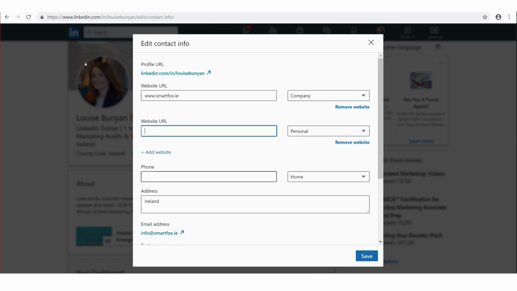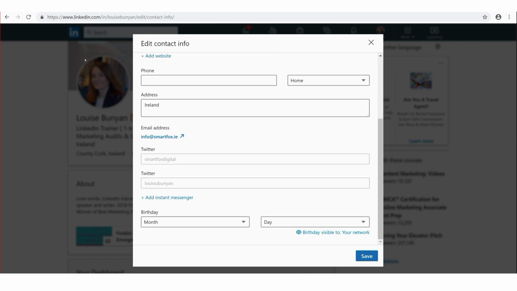Because I do a bit of traveling, I've just left my address as Ireland, but I can update my specific location in another section, and I'm going to show you how to do that later in this course. And then the big one is email address, so I'm going to show you how to change that shortly.